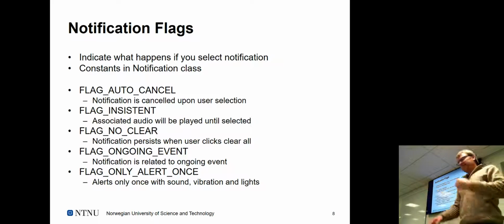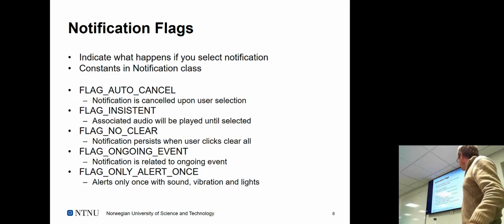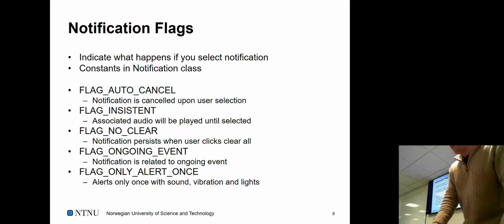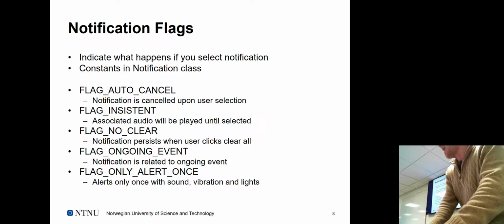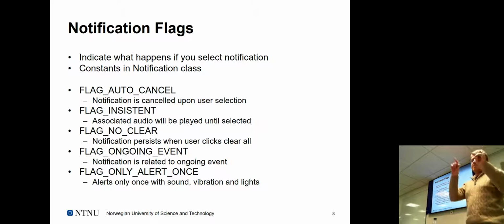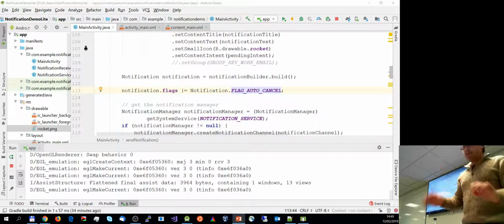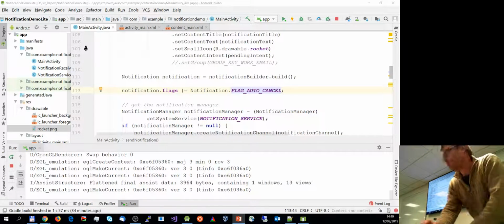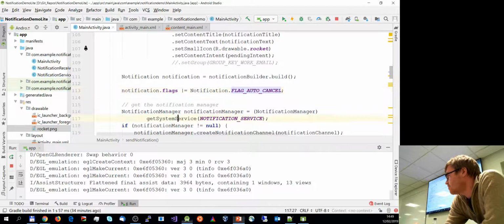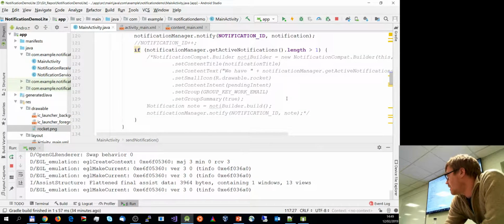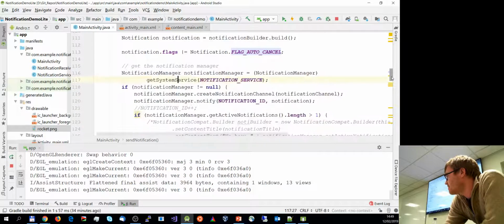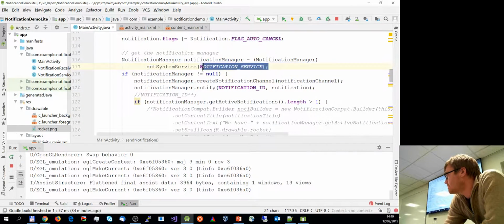So you have various constants that you can use from the notification class, specifying how the user interaction with the intent in the UI will be. It doesn't necessarily say anything about the intent that is sent off, but about the user interaction. In this particular case, it's auto cancel. And then finally, we get closer to system services again, because we need to get a reference to the singleton notification service. The way we do that, I briefly alluded to in the last session, I believe,